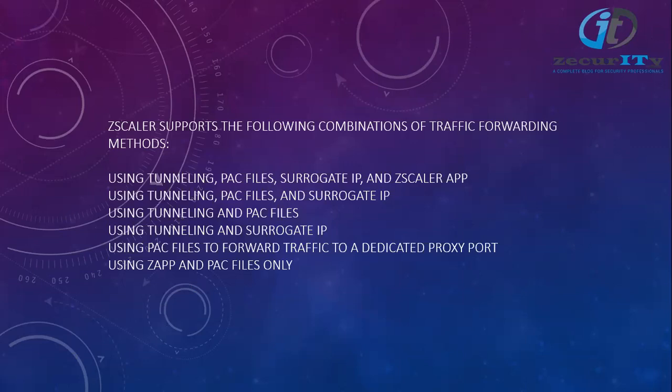Surrogate IP is nothing but this: when the user is authenticated the first time, Zscaler will capture the private IP address of the user and the username. So the next time it receives traffic from the same private IP without the user information, Zscaler will automatically map the previously captured username along with the IP address, and the transaction will have the username, even if the user is not authenticated for such traffic.